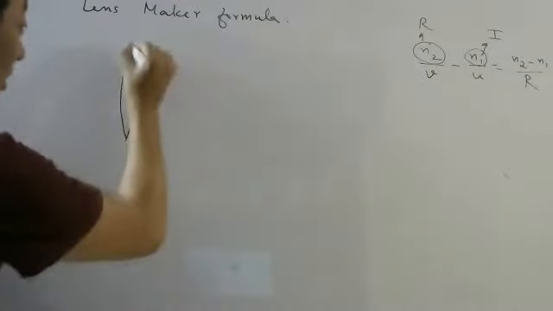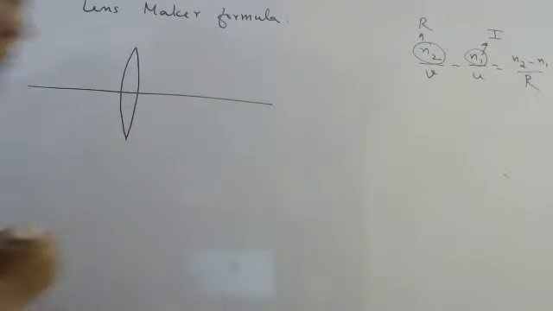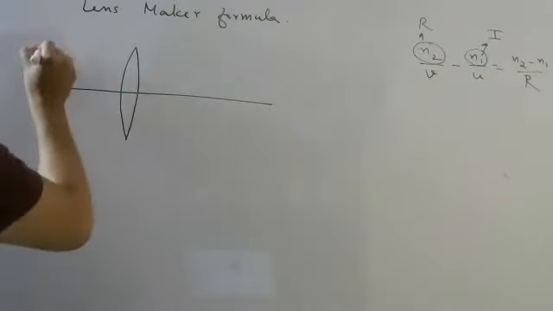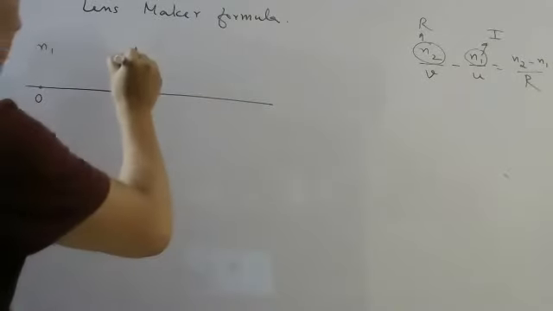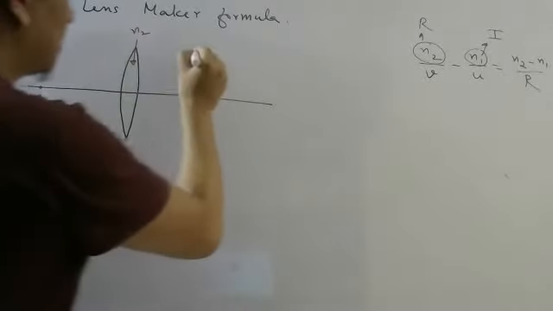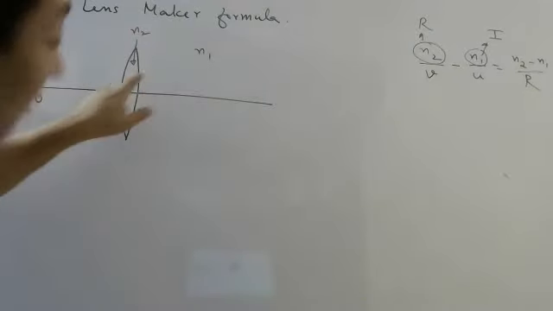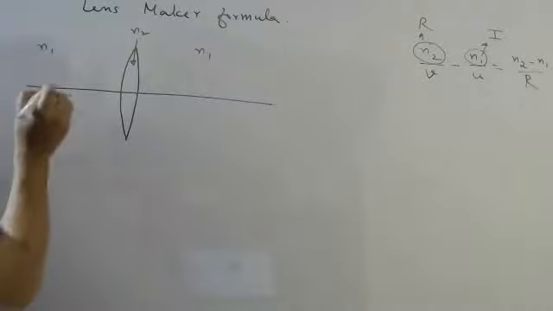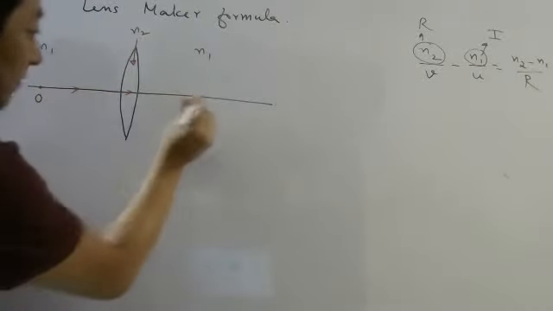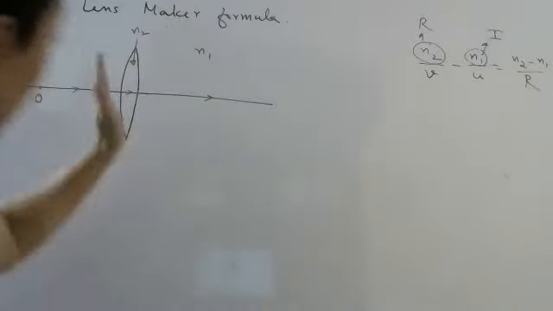Fine. So once you consider the lens is thin, then you draw the principal axis. Here also, you will draw the object as a point object. Now this medium has refractive index N1, the medium inside has refractive index N2, and this medium has refractive index again N1. So you can think it is air, this is glass. Now one light will go straight like this, because it is coming perpendicularly to the surface.